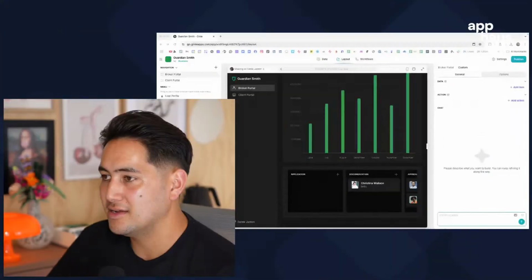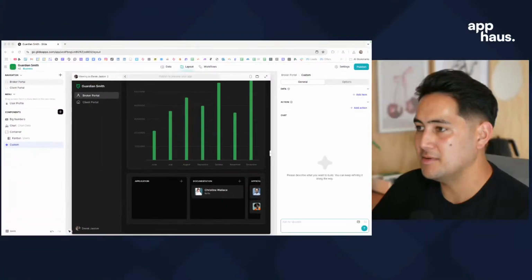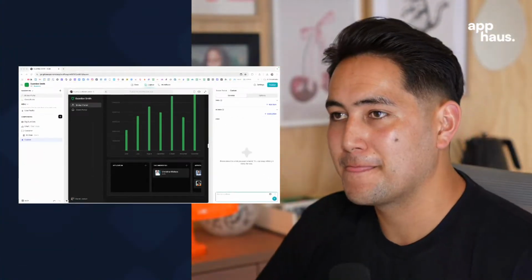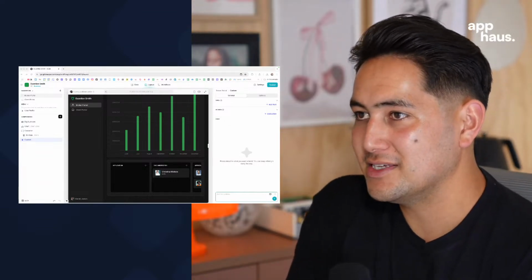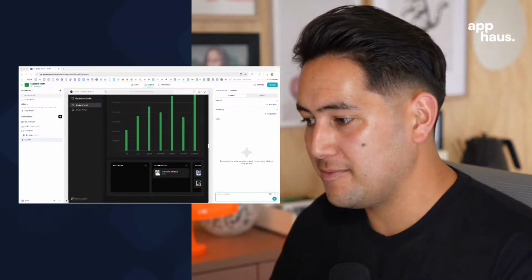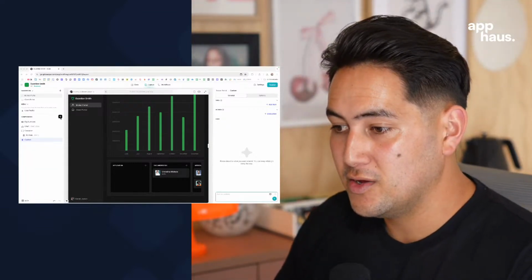So we're in a tool we use quite a lot on the stream, which is called Glide, and I'll just share that now. Share screen. Cool. Let's put this on this side maybe. It'll work. Okay, so the cool thing about this is that Glide has just released a new feature called the